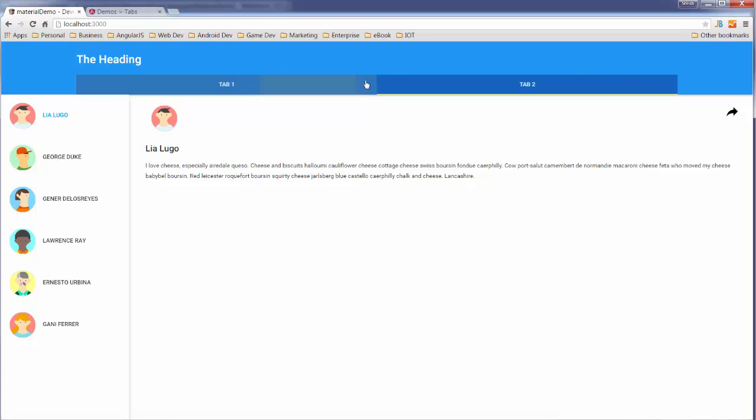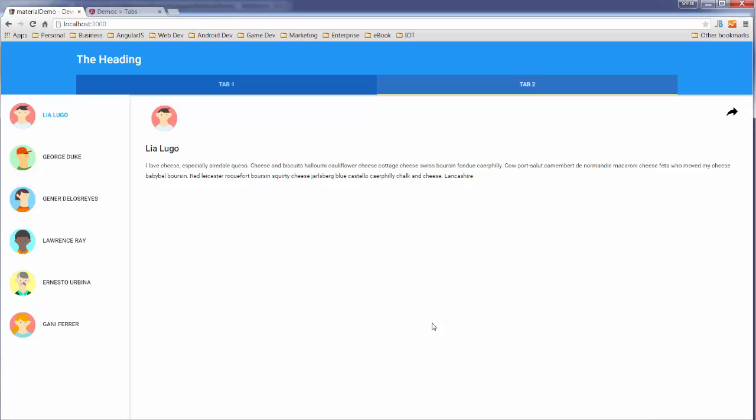In the last video that I did on Angular material design, we added a header at the very top with some tabs. However, the tabs don't do anything. In this video, what I'm going to show you is how, when I click on tab 2, to show a separate view down the bottom here in this main content area. We're going to add a form to it, and when we submit the form, I want to show a little toast just to let the user know that the form has been submitted.